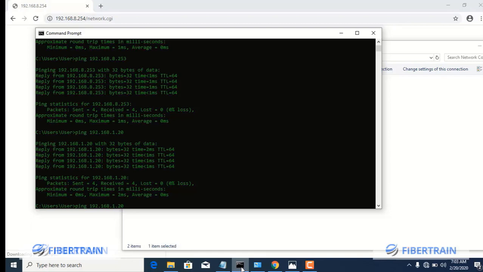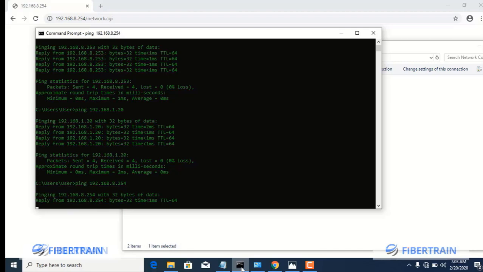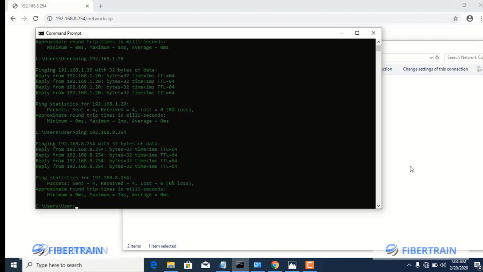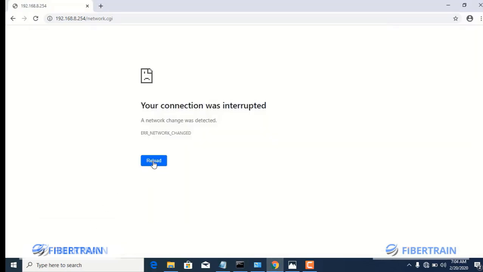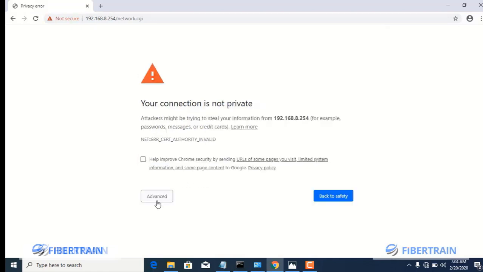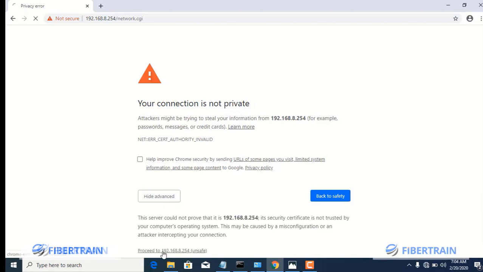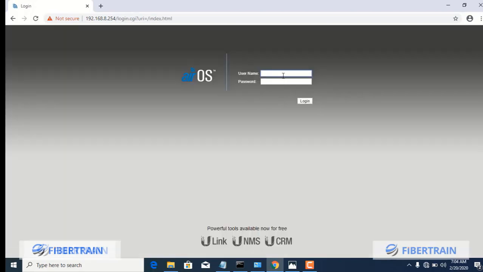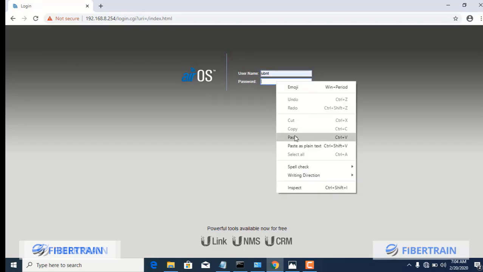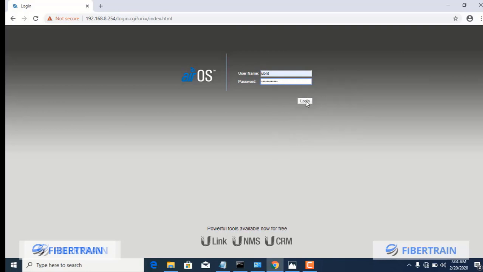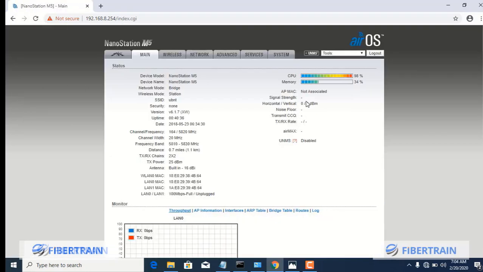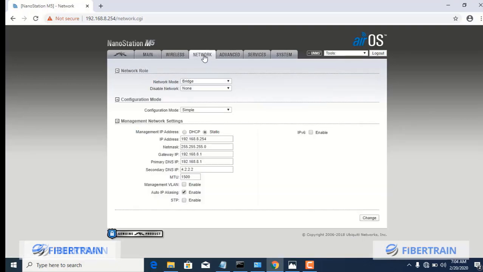So if we do a ping to 8.254, you see that it is replying. So we're going to log back in to the radio 8.254, and yeah, we are in. So proceed, and the username is UBNT, and the password is what we've been using. We'll change it to ABC@1234567#. So log in. So now that we are done with the network parameters, we'll have to get into the main thing,